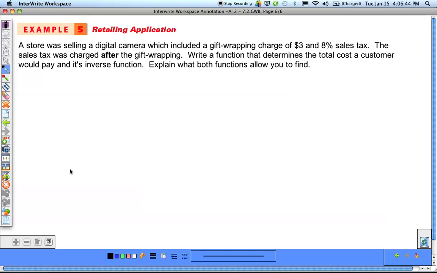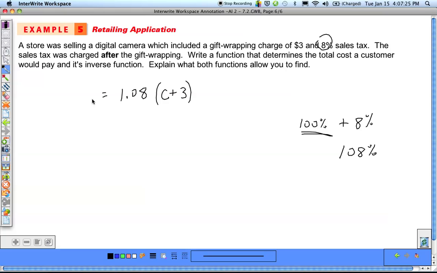So, first thing we're going to start off with is we need to write out an equation for this. It says it includes a gift wrapping charge of $3 and 8% sales tax, but the sales tax is charged after the gift wrapping. So if we know what the original price was, the original cost, let's just call it C, we have to add $3 to it for the gift wrapping, and then after that, we are going to add a sales tax charge. Remember, this is like saying that we are increasing by 8%, what we talked about in the last section. Well, what amount are you increasing by 8%? 100%. So what we're actually going to be multiplying by is 108% or 1.08,